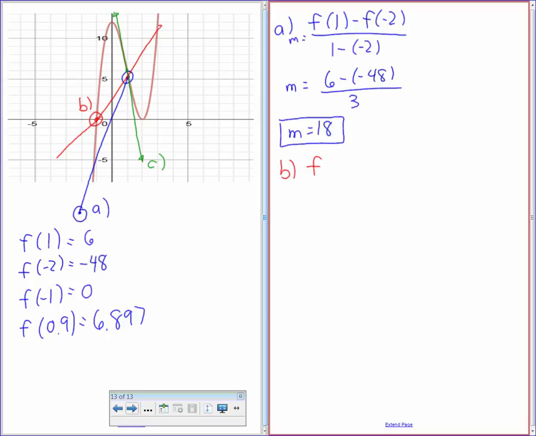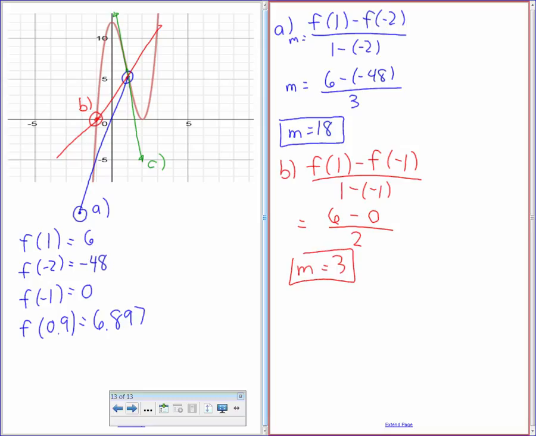For part B, which I'm going to do in red, it's going to be f of 1 minus f of negative 1 all over 1 minus negative 1. That's 6 minus 0 all over 2, m equals 3. And then going back to, does the answer make sense? If we look at this, the slope is a lot less here than that one. Letter C should hopefully have a negative slope,